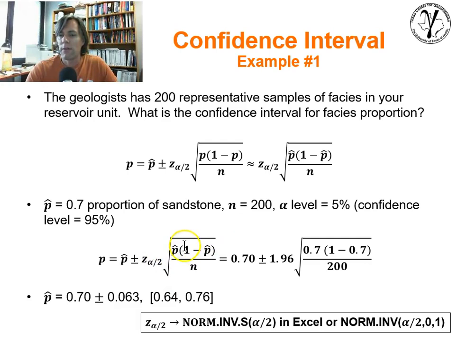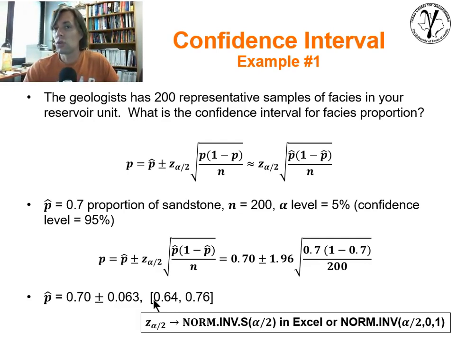The standard error of a proportion is going to be of an estimate. A proportion will be the estimate of the proportion, times 1 minus the proportion, divided by n number of samples. You substitute everything in, and now we get the proportion of a specific facies will be 70% plus or minus about 6.3%. And so we could provide a confidence interval of anything between 64 and 76%,